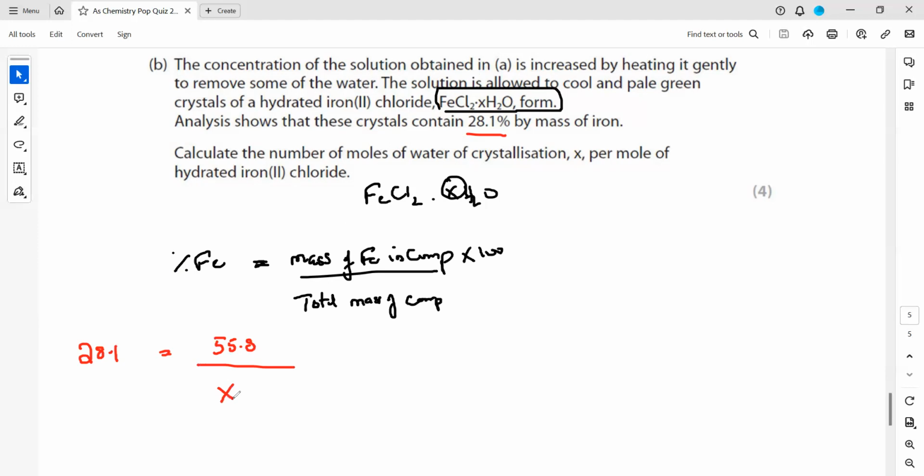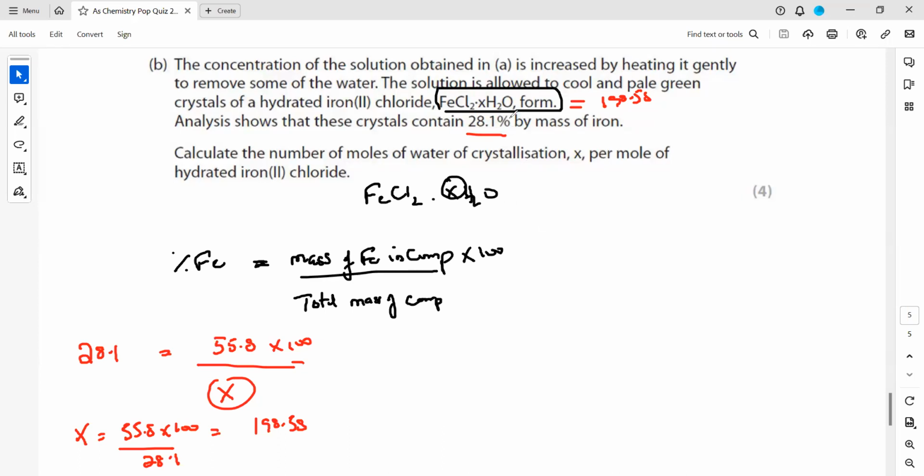The total mass of the compound we don't know, and this is multiplied by 100. So we simplify for the total mass. It will be 55.8 multiplied by 100 divided by 28.1. This will give us the total mass of this compound, FeCl2.xH2O. The total mass of this compound is 198.58. Now,